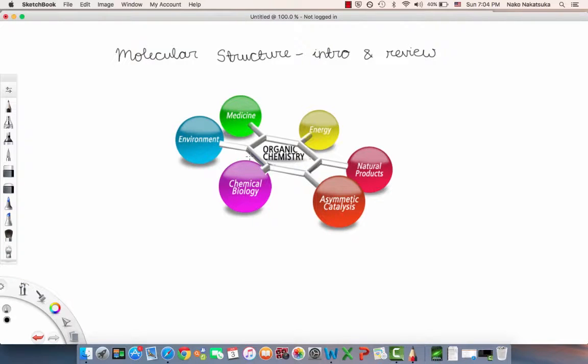So in the introduction and review, I'm going to go over hydrocarbons, also naming, molecular formulas, and structural formulas, also going over some basic IUPAC rules just to remind you of what that is, also some substituent rules, and also we'll go over functional groups, because that's a very important thing that you'll see more of when we delve into the more complex aspects of organic chemistry. So let's get started by talking about alkanes, alkenes, and alkynes, which are hydrocarbons.